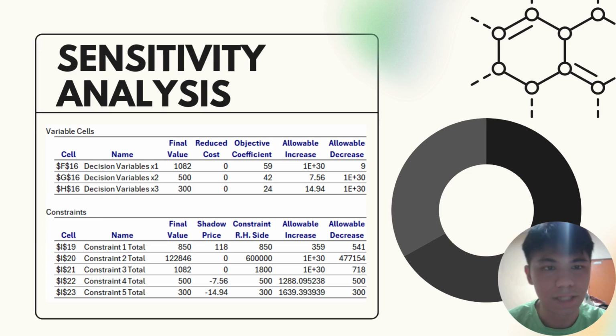Today I will be discussing an important aspect of our optimization model, the sensitivity analysis. In any optimization problem, we often deal with uncertainties and fluctuations in parameters. In our model, the parameters are such as fuel prices, power demand, and emission limits. Sensitivity analysis helps us to understand how changes in these parameters impact our solutions